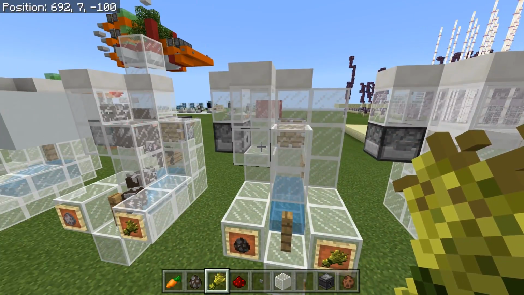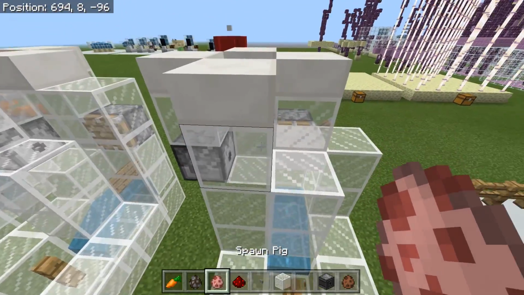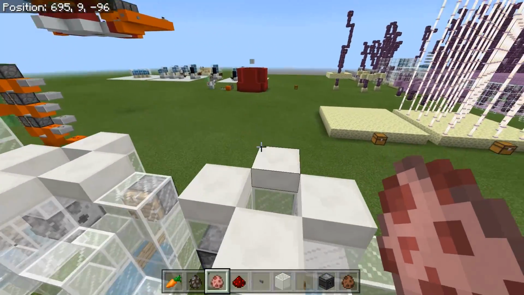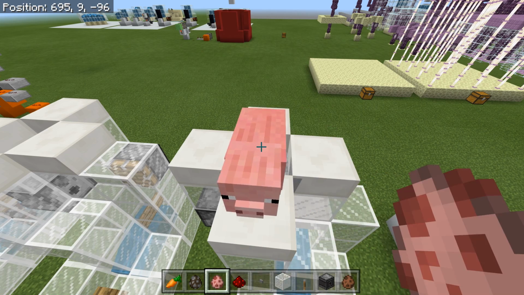The sheep one works in exactly the same way, but the pig one's a little bit different. And the reason the pig one is different is because pigs are smaller. They've got a much smaller hitbox. So if we chuck some pigs into this one, you'll see that they're...